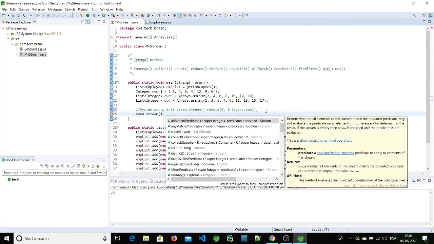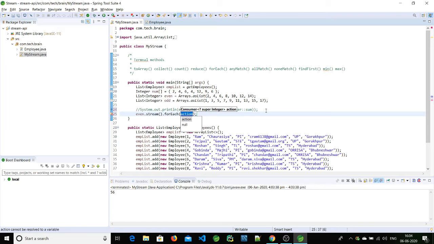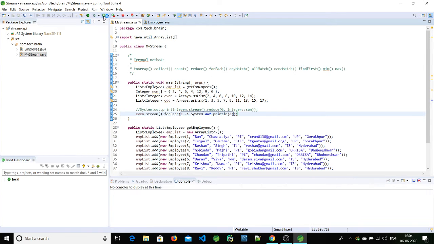On that I will call for each, and here I'll print each element. In our real application we can do several operations, but here we don't have any business logic, so we'll directly print the element. Let's save and run the application. So it is printing each element of the list.